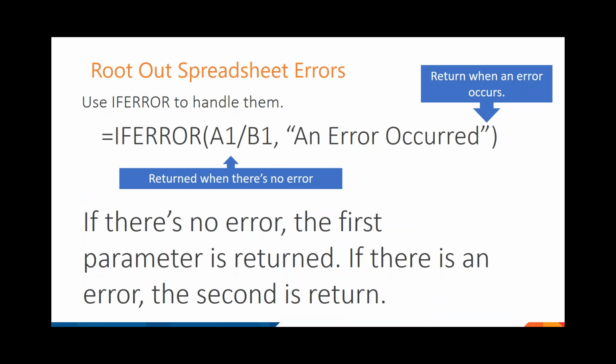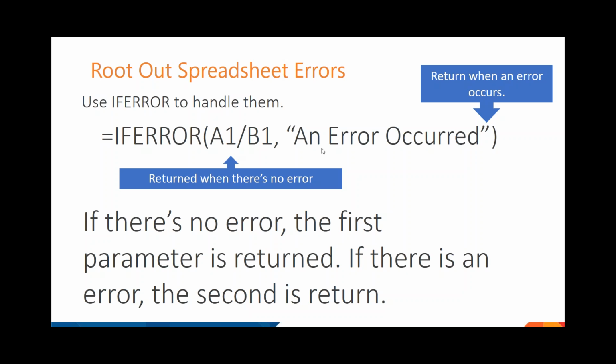So if you can't really fix them, if you can't just delete them, or if you can't fix the problem because they're a product of something that needs to occur, what you should do is this very easy fix. And that easy fix is to use IFERROR. So surround what you're trying to do. So if I have A1 divided by B1, and I picked that very specifically because, again, these divisions are what causes that #DIV/0! error,